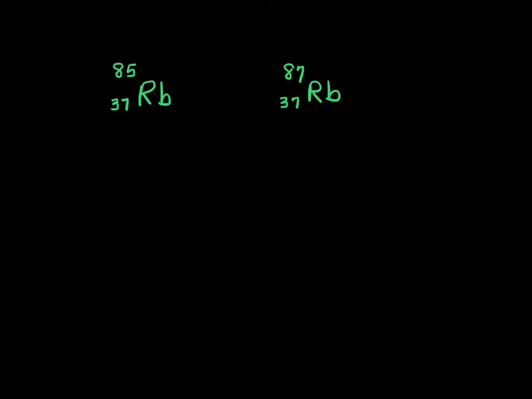So let's look at rubidium 85 and rubidium 87. In this case, I know the mass number, and we can use the mass number instead of the mass: 85 AMU and 87 AMU. What I want to do is see if I can figure out the percentage of each isotope without looking at a mass spec. I can look at the periodic table and see that the atomic mass is 85.468